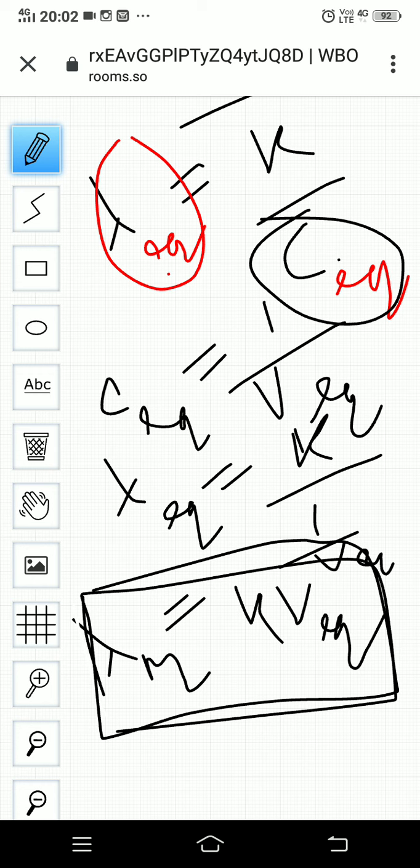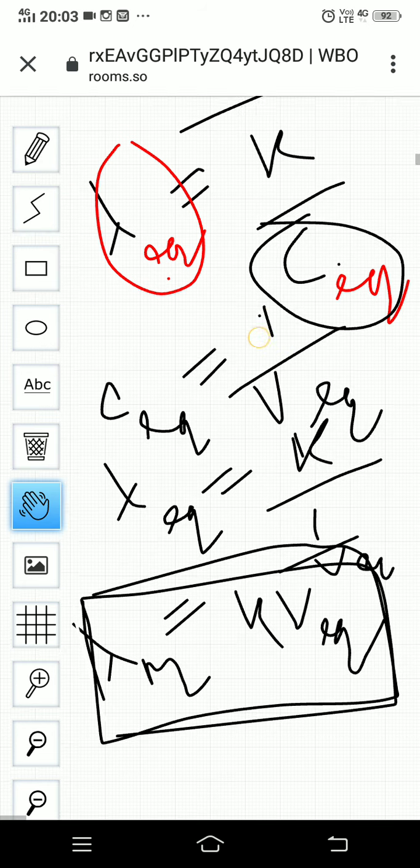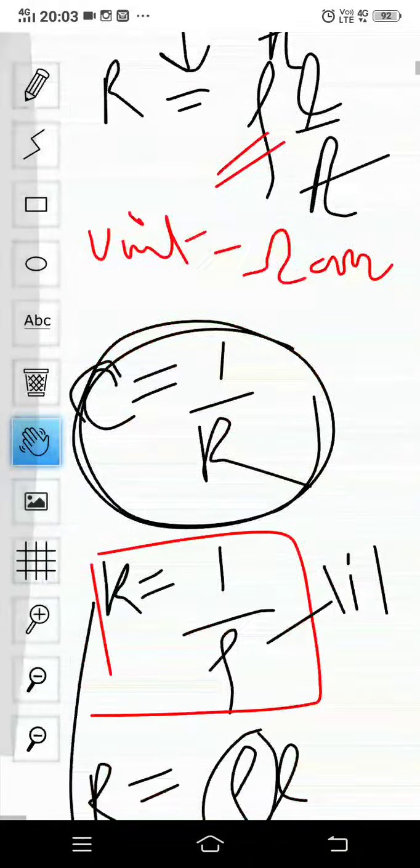So the same thing goes for molar conductance also. Molar conductance is denoted by lambda m, and it's given by lambda m is equal to K by Cm, where Cm is known as the concentration of the solution in moles per unit volume. The same thing, if you have the basic knowledge, you can definitely learn this. So I'm not teaching you the molar conductance. The same thing goes for molar conductance also.